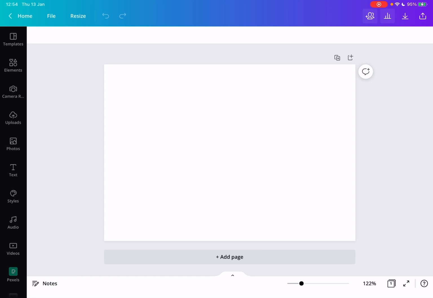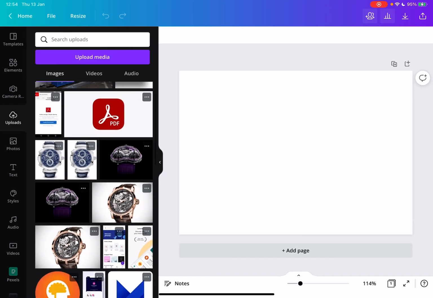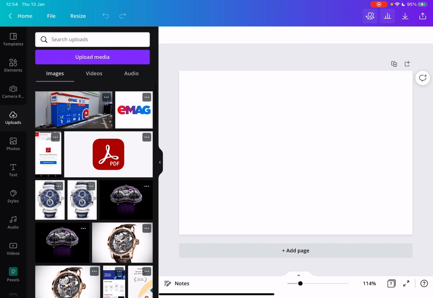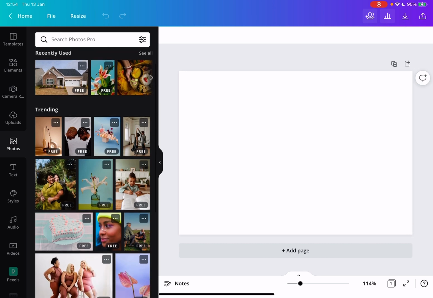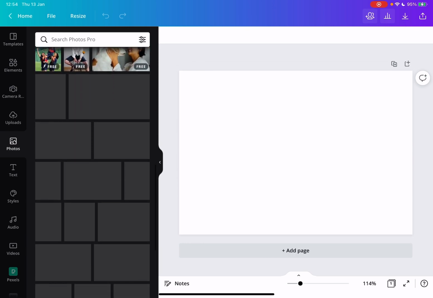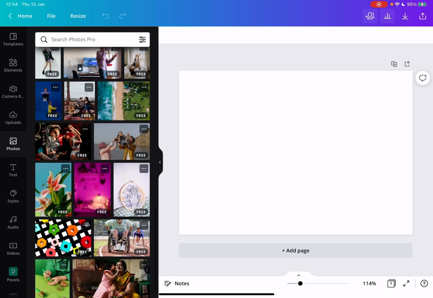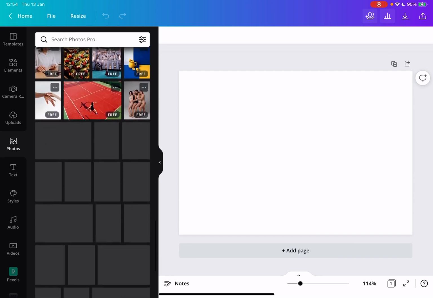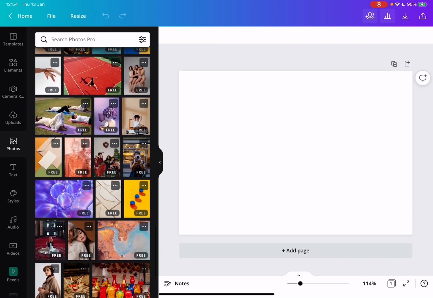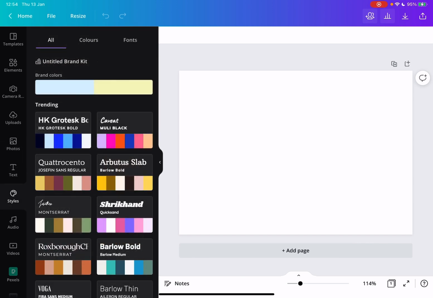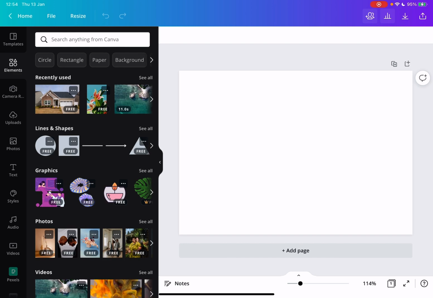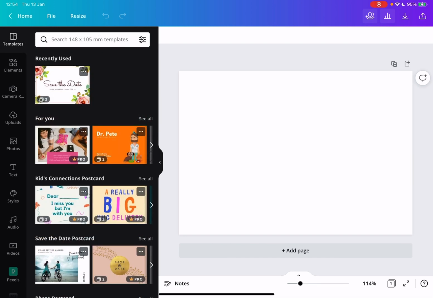So you just open up, and then you have a few options. You can either go to uploads, and you can upload your photos if you want to add your own photos to the postcard. You can go to the photos section where you can use these copyright-free images from the Canva library, which are beautiful, very high-quality images that you can use. You can add your own text and themes and design elements, or you can just tap on templates, and here